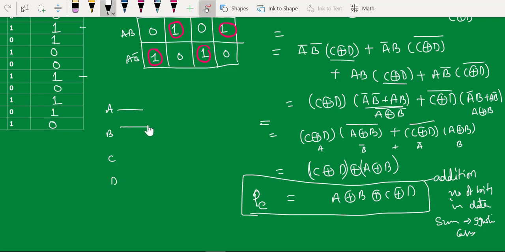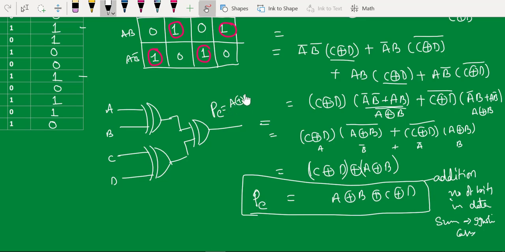First you form one XOR gate with A and B, then one more here, and take these two outputs as inputs to one more XOR gate, and here P even parity is A XOR B XOR C XOR D. So this is how you can design a circuit which generates the even parity bit depending upon the number of ones available in the data bits.